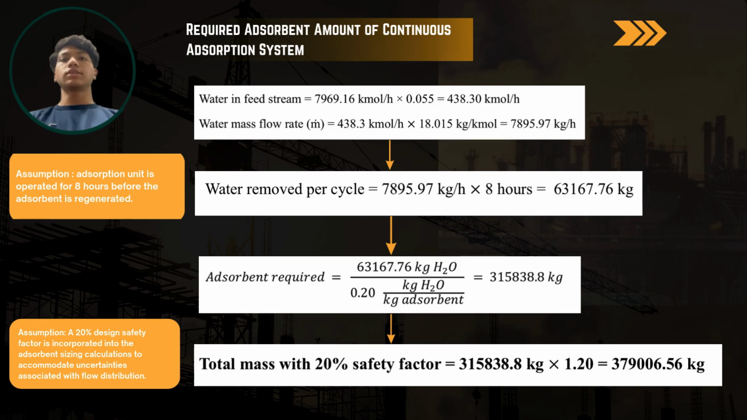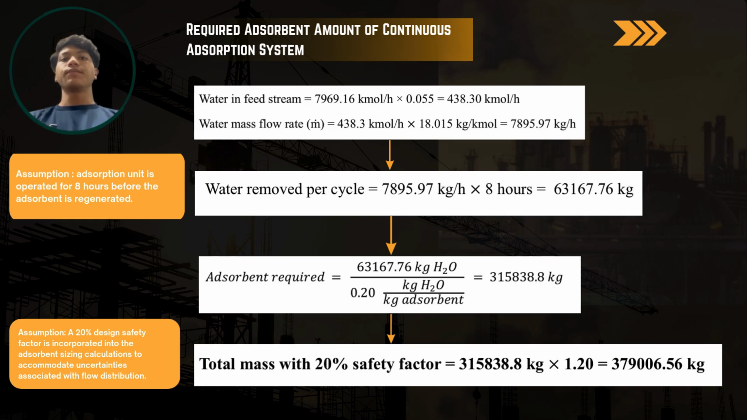The next step is to calculate the adsorbent required. The formula is the water removed per cycle, 63167.76 kg H2O, divided by 0.2. 0.2 is the value of dynamic adsorption of zeolite 3A, which is one of our assumptions. The unit is 0.2 kg H2O per kg adsorbent, and we get the value of